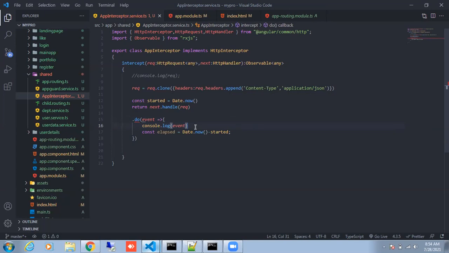So you can have this event and say console.log. This is how you would perform the logic for letting the application know the main core behavior of this interceptor, where the interceptors are really involved and why they get called. Hope you understood.